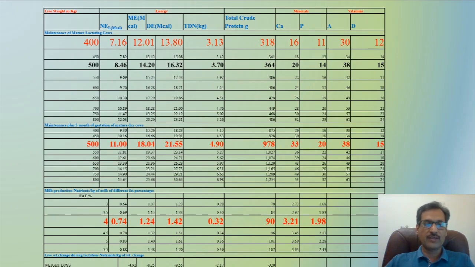This is the NRC table. Here you can see the values are given for 400, 450 and 500 kg of animal. It means if the animal body weight is 420 kg, we cannot directly use this table. Similarly, the milk fat contents are given for 3 and 3.5% butter fat, and then for 4 and 4.5. Again, we cannot determine the nutrient requirement if our animal is producing 3.2 or 3.8 amount of butter fat, so we have to do calculations. How can we do it? This is our practical objective.